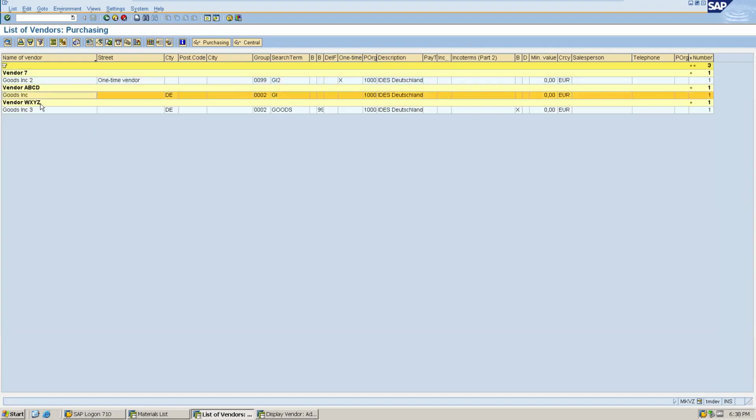I had created a number of them before, but that's the one with WXYZ, and you can see some related information about that vendor. Okay,